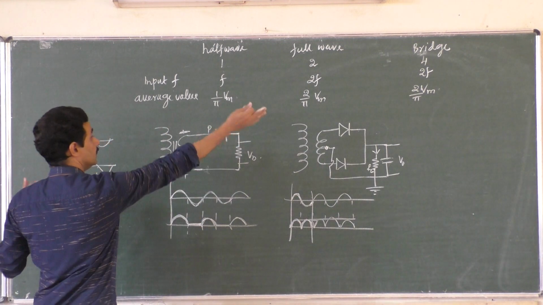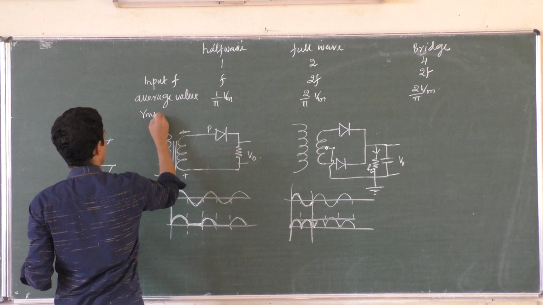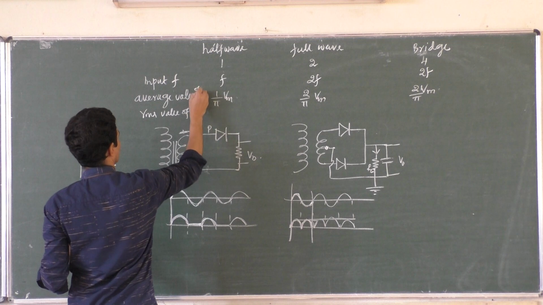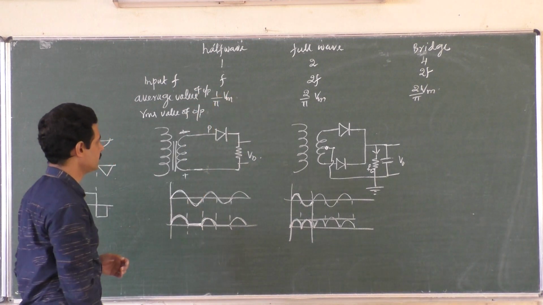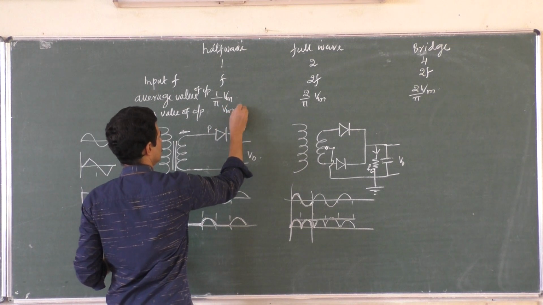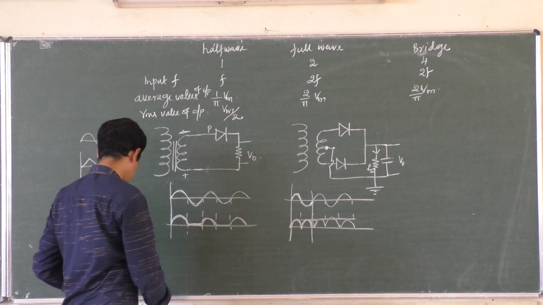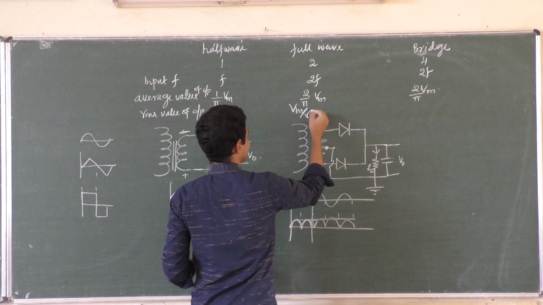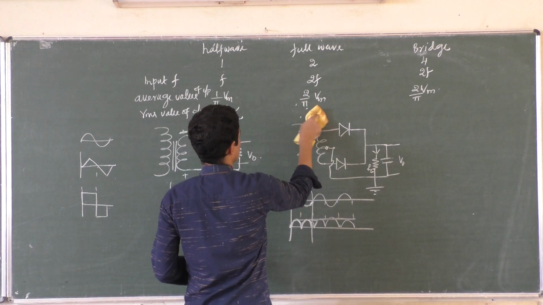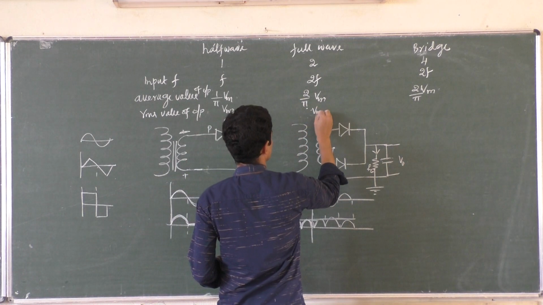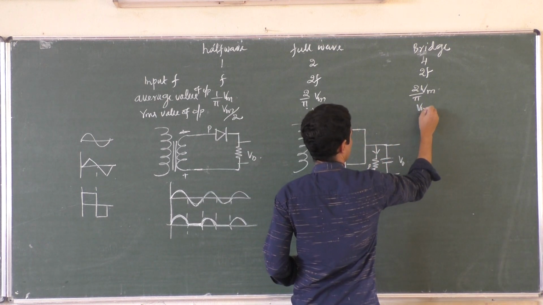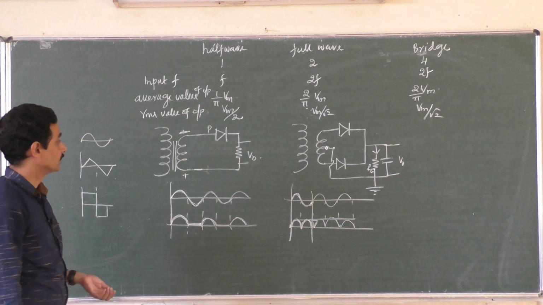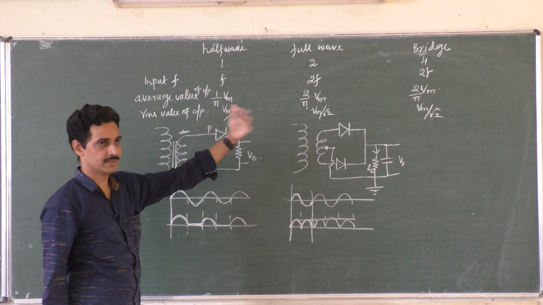Another one. What about RMS value? RMS value of output, right? I will write full. This is also the average value of output. RMS value of output: here it is Vm by 2. It is not Vm by root 2. I don't go for the explanation. And here it is Vm by root 2. This is as it is. So I don't have space to write. Here the RMS value is Vm by root 2 and Vm by root 2, peak value by root 2. That is the RMS value. So it is only here Vm by 2, not by root 2. There it is Vm by root 2.